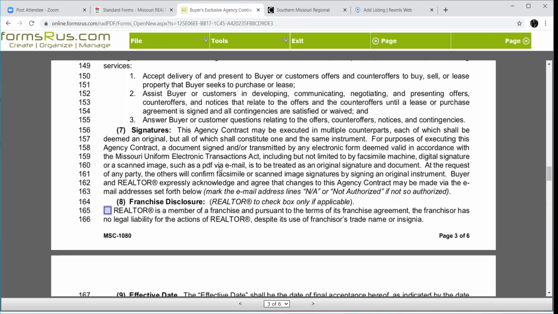Thanks to the wonderful thing that I love so much, the Missouri Uniform Electronic Transactions Act, we can sign this document from anywhere. This document's only valid in the state of Missouri, so you can't go buy a property in Kansas with this document or employ someone to buy in Kansas in this particular case. But it's only good in the state of Missouri, but you can be in Washington, D.C., they can be in California, you both can sign it, and it's still valid.